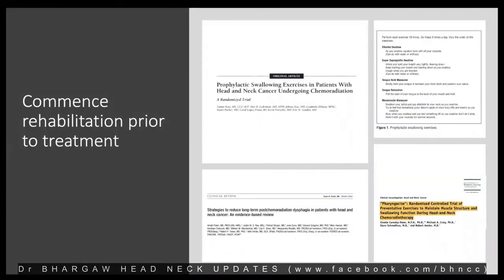But when do you start swallowing rehabilitation, or when do you start rehabilitation? There is no specific time to start, like saying this is the time you need to start. Swallowing rehabilitation, or the thought about rehabilitating these patients, starts the moment you start evaluating the patient for treatment. And hence, there are a lot of papers on prophylactic swallowing exercise or pharyngocise where they feel that patients benefit and have reduced chance of getting dependent on tube when they start exercises